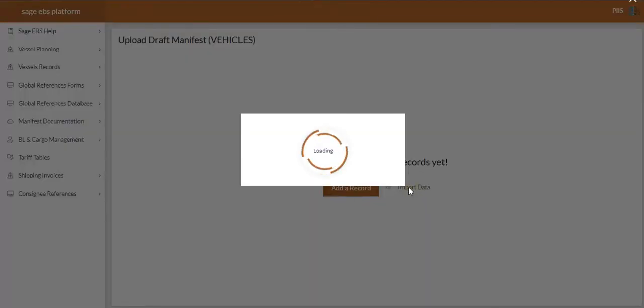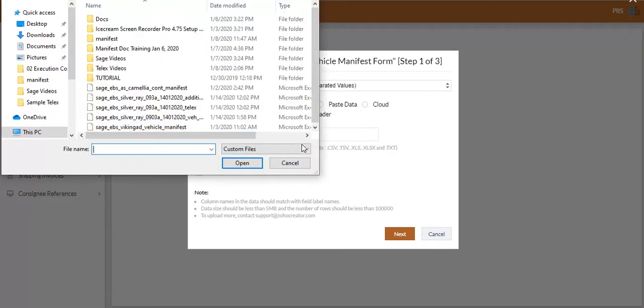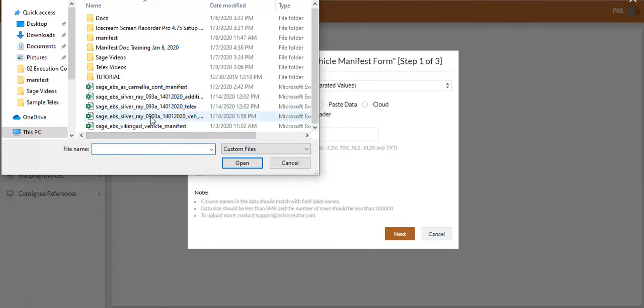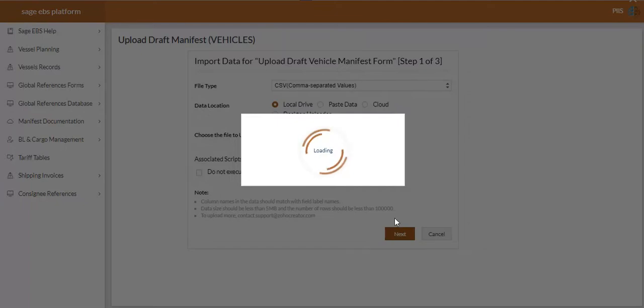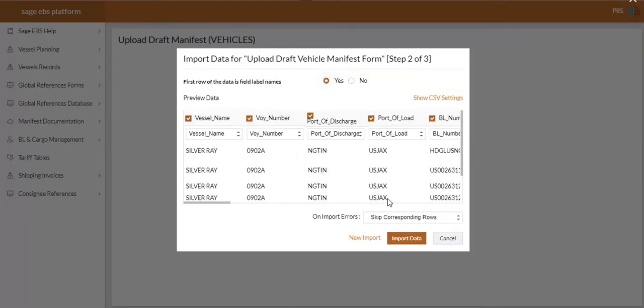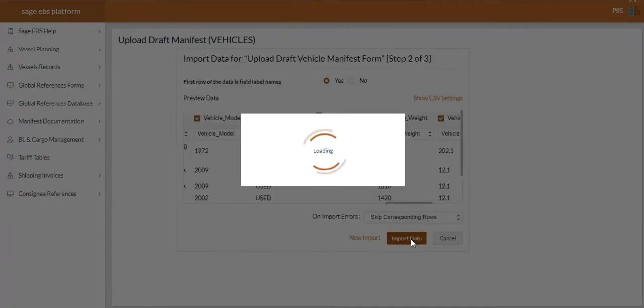We have to import data as we did earlier on. Ensure all headers are ticked. Import data.